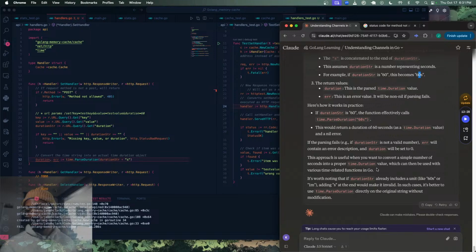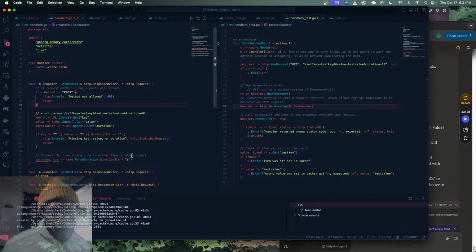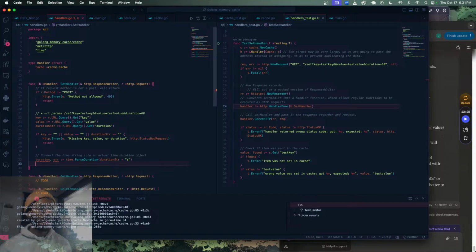Okay, sounds good to me. So we're making an actual duration out of parsing the string with the letter S at the end. And if we get an error, yeah, if we get an error,